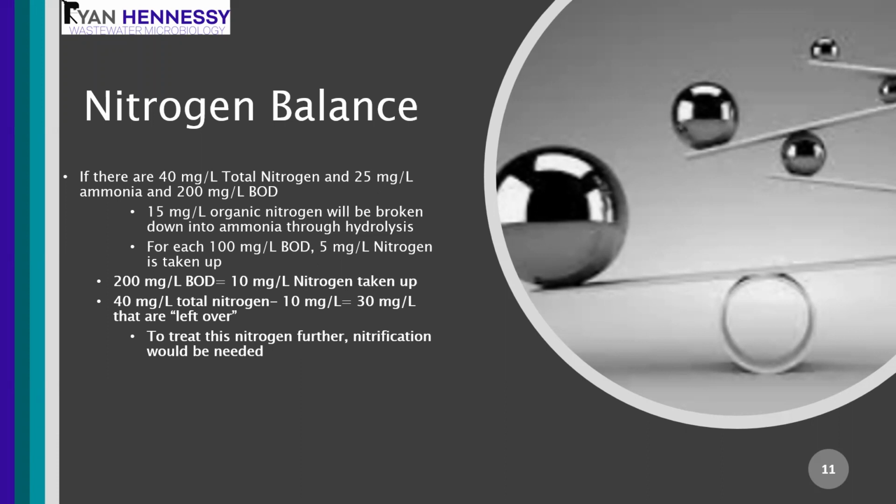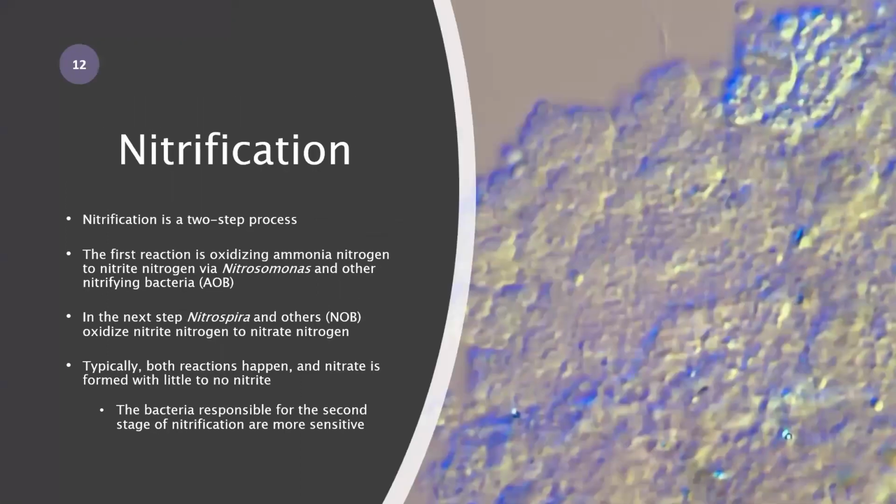And then there's this excess nitrogen, which in order for that to be treated, we need the nitrification process or other forms of nitrogen removal. We're going to focus predominantly here on the nitrification process. The picture on the right here is Nitrosomonas. Nitrosomonas is a genus of nitrifying bacteria. There's a broad range of species within that genus, and there's fairly high genetic diversity amongst all of the nitrifiers,